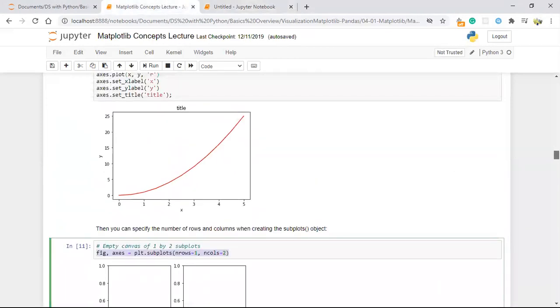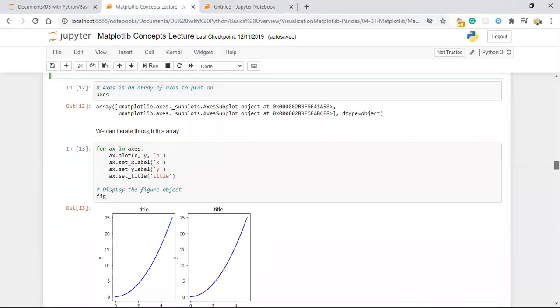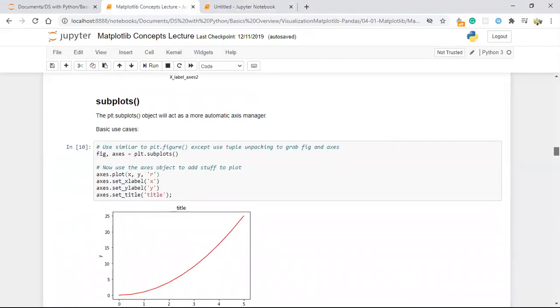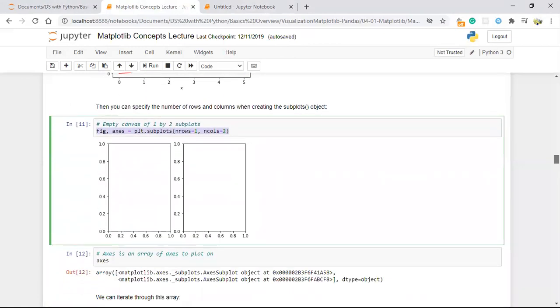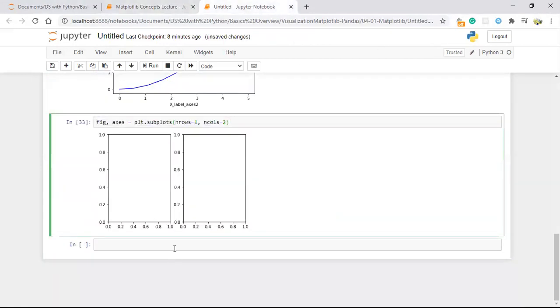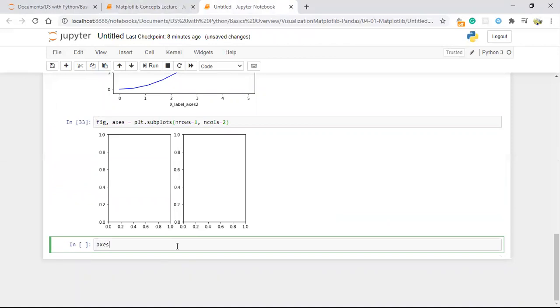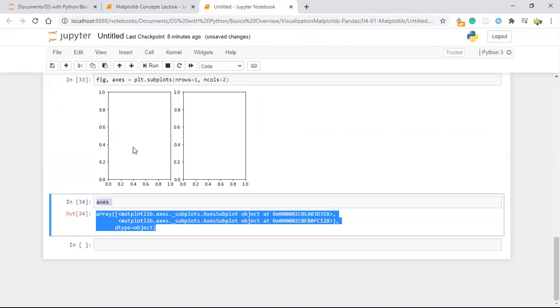Now we are going to make subplots in the normal method. When I am printing axes, you will get an array like this. We can't simply apply the graph without applying an iteration.